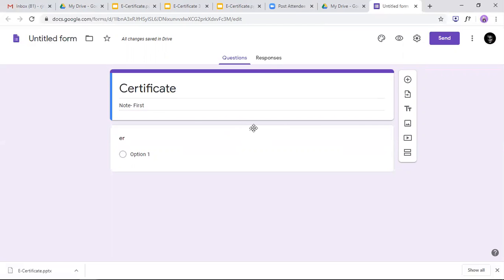Actually, we are taking a test through Google Form, and we want that after the completion of that test, the certificate should go to them. That can also be done. So we just need first name, last name. Those are all mandatory fields, okay?